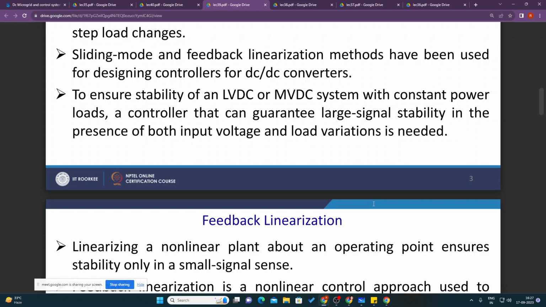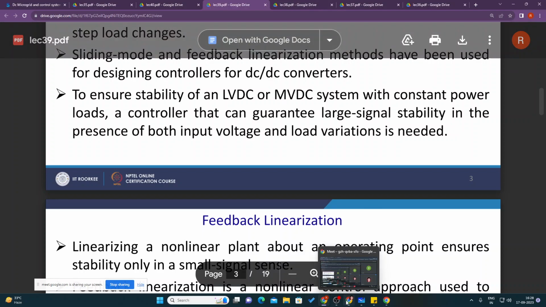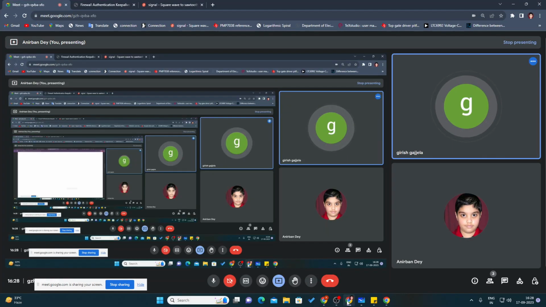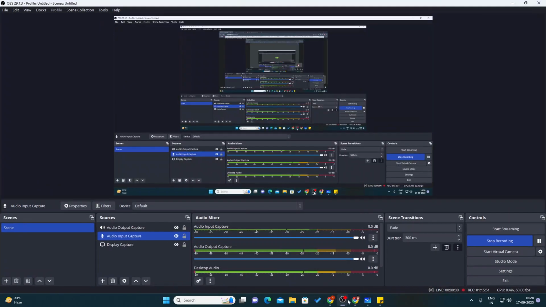Sir, can you tell me any power electronics based companies? In India, no idea. In the US? No, personally I have no idea. So what will PhD people do after their doctorate? They will go for